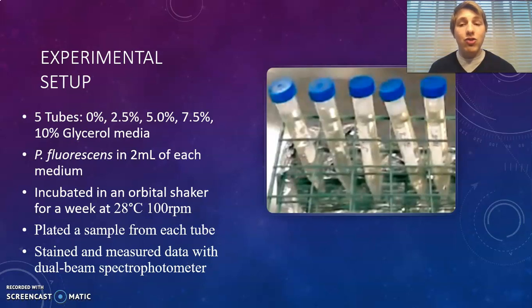And I cultivated Pseudomonas fluorescens, which is a biofilm-producing strain of bacteria, in 2 milliliters of each of these media. And I incubated these tubes in an orbital shaker for a week at 28 degrees Celsius and 100 revolutions per minute. And after a week of incubation and 2 tube transfers, I plated a sample from each of the tubes,